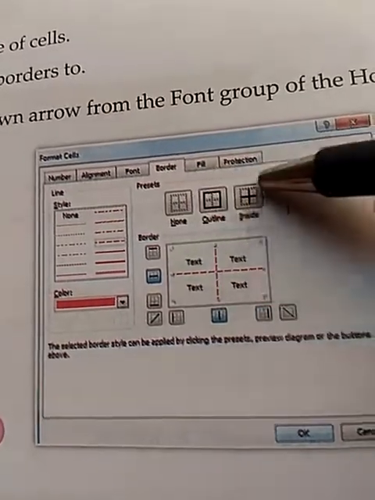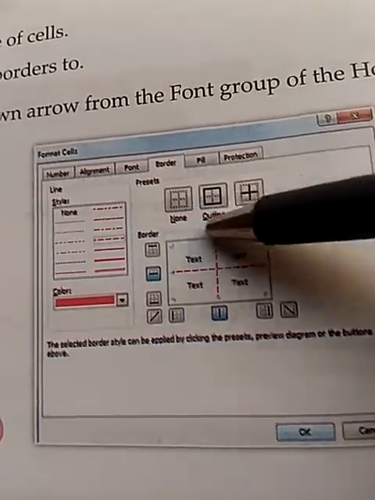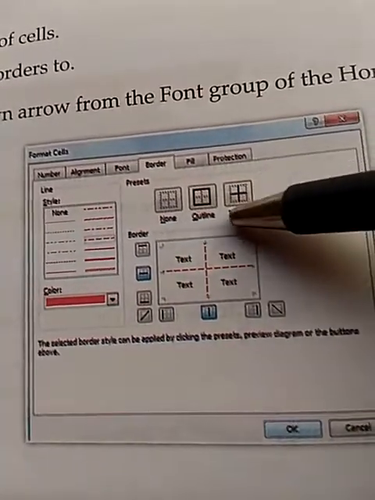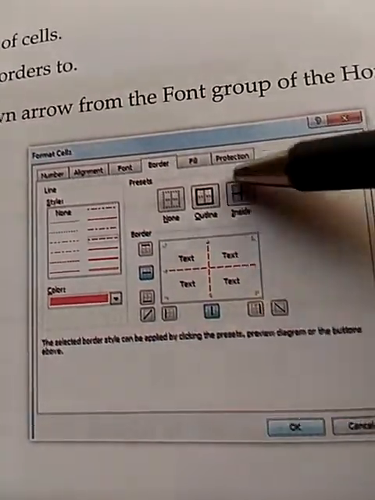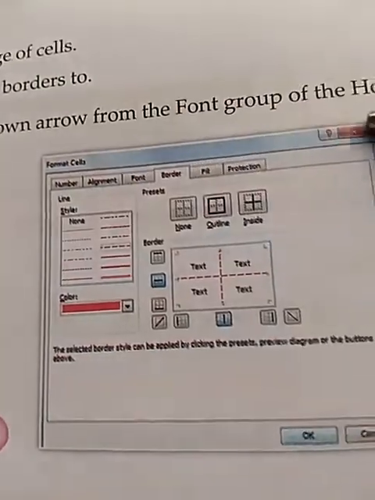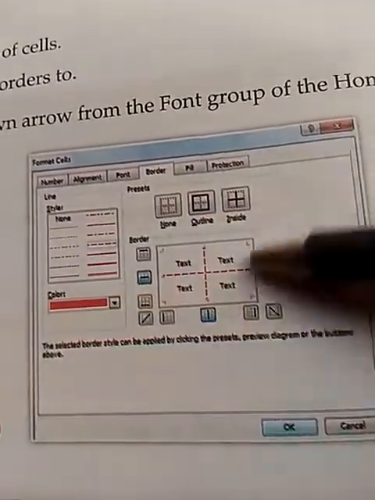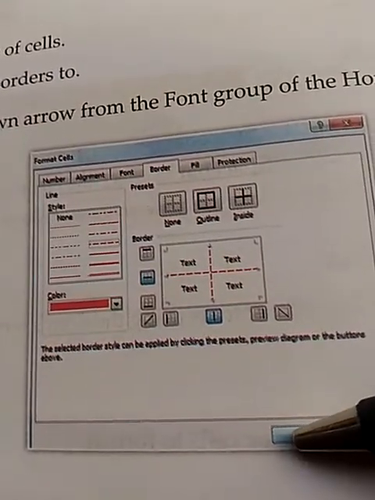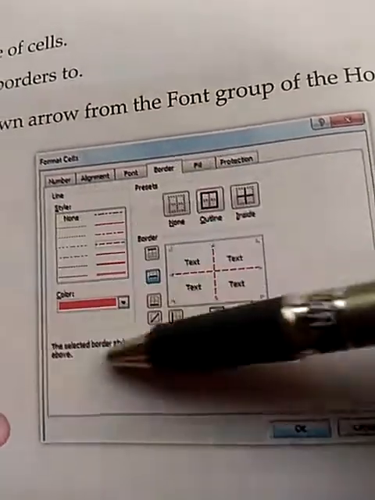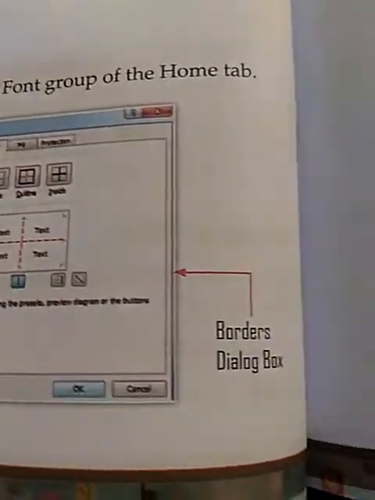Means if you want to place the border around the selected cell or in between also, or top, bottom, left, you can customize the border setting from this option. After applying the setting, just click on the OK button. Whatever format you have applied will be implemented on the selected cell.